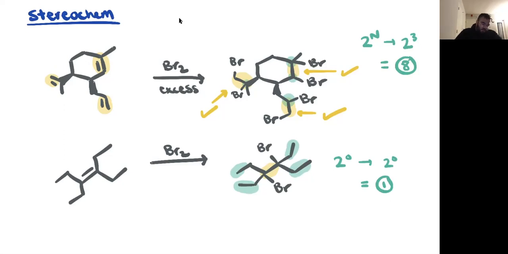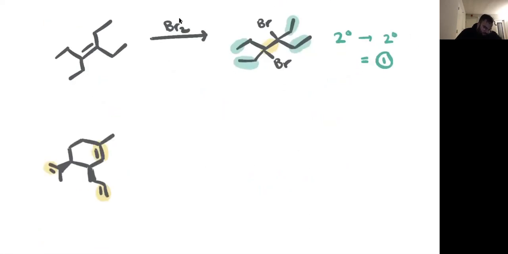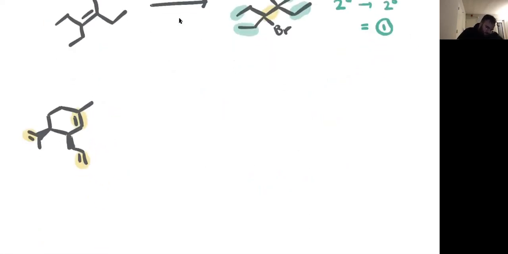Cool. Now let's look at double bond reactivity for this. Okay. Use this example again. So when we're looking at double bond reactivity for non-carbocation mechanisms,